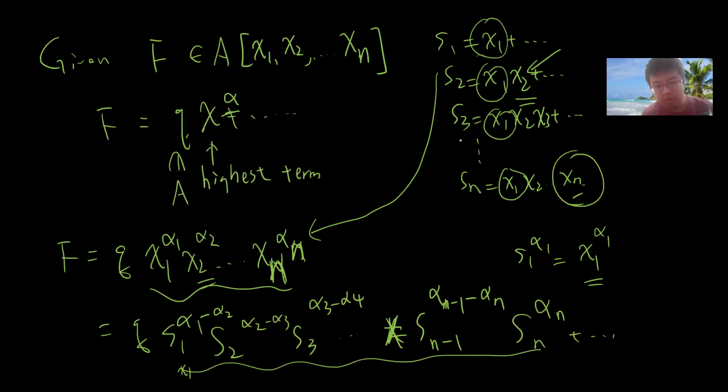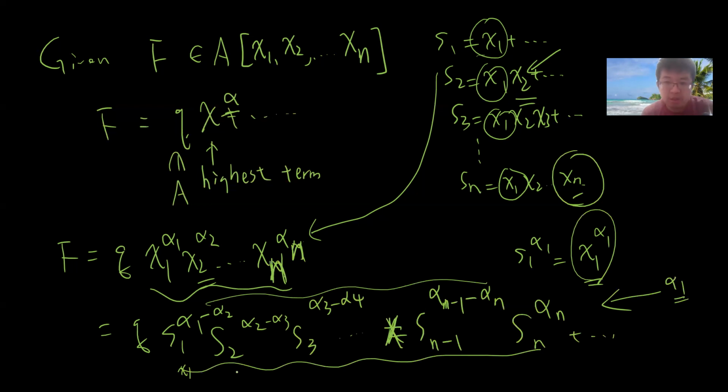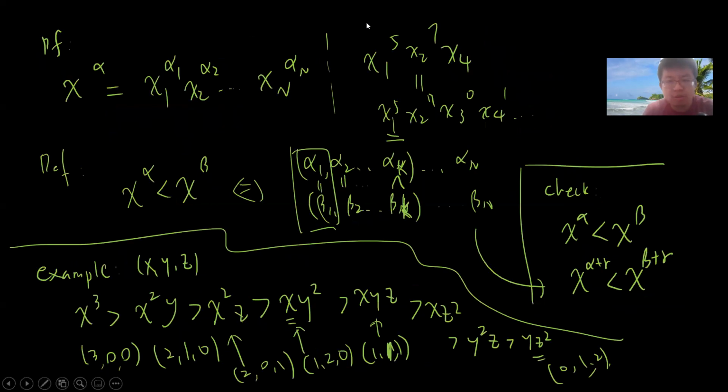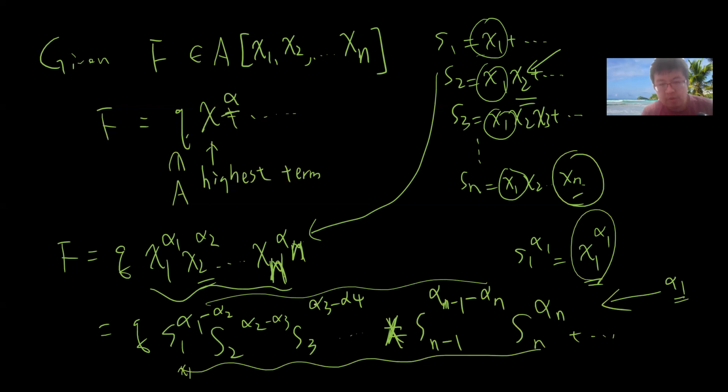By this, also s1 has alpha, but if you sum over, you can check the alpha 1 term, right? So the x1 term contains alpha 1 power, and the x2 term starts from here. I mean, you can check it. So the s2 term starts from alpha 2. Basically this matches with what we did for the definition, right? So everybody starts from this term. Okay, so after this process,